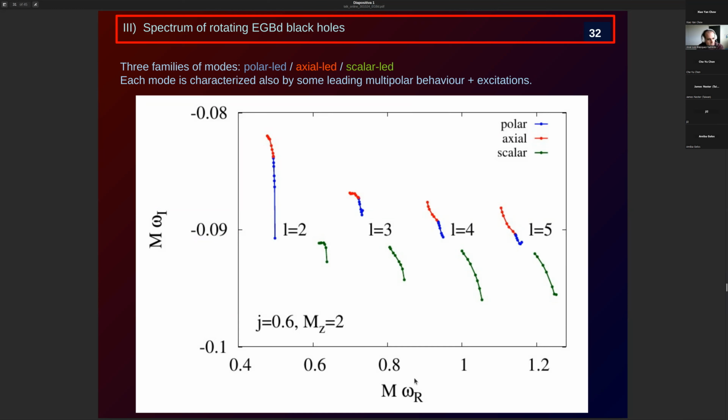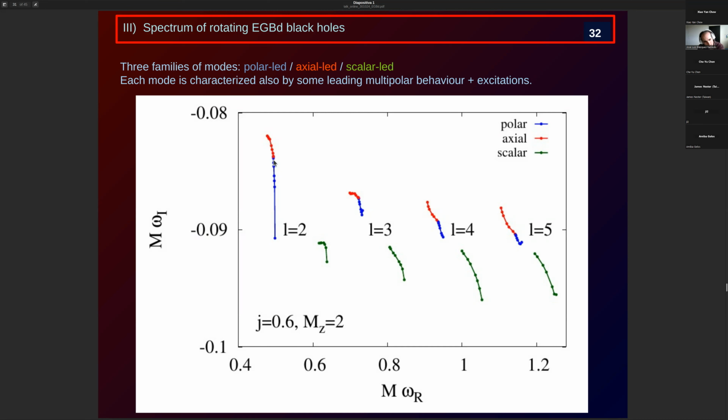Okay, this is for a particular set of solutions. Let me explain now. All of them have the scaled angular momentum J over m squared essentially equal to 0.6. Fix this number, m set to 2. If we were in Kerr, we would have some doubly degenerate mode in the middle of these curves. These would be the Kerr modes, in between the red and the blue.